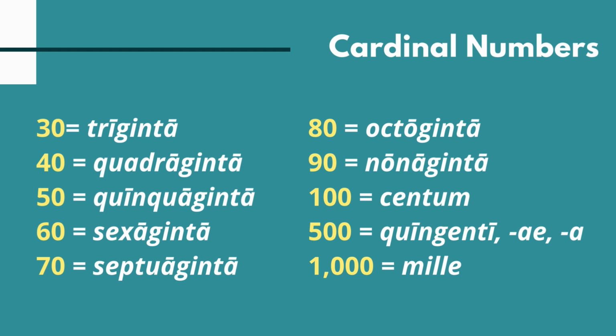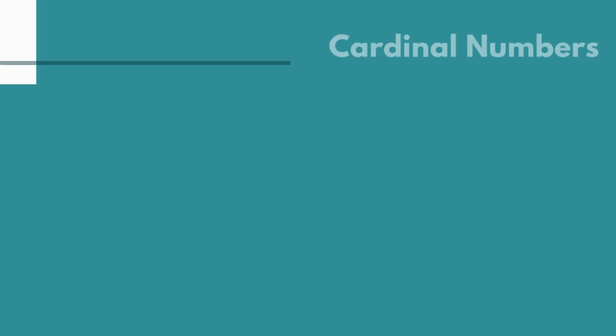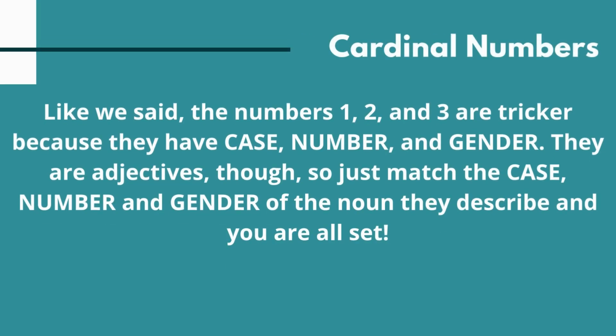And notice how it's got the plural endings, e-i-a, because it's obviously a plural number. This is another one that has gender, so you just want to mark down the 500. And for 1,000, you have mille, which is where we get 1,000 from. Think millennium is 1,000 years. Okay, so like we said, these are pretty straightforward, but the numbers 1, 2, and 3 and 500 are trickier